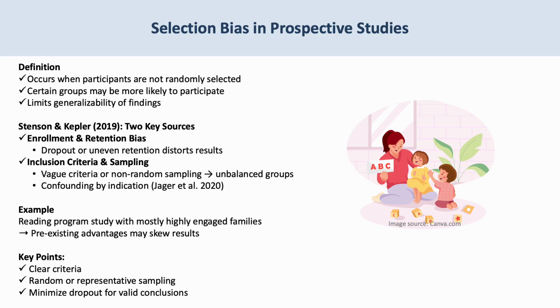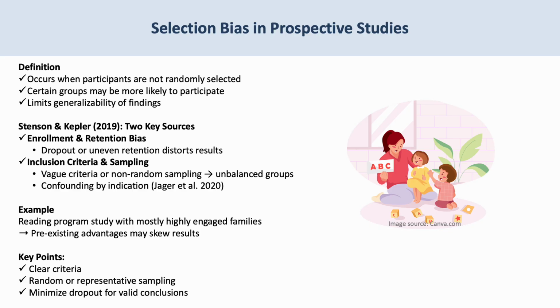So if your inclusion criteria aren't clearly defined, or if you rely on convenience sampling, your groups may end up differing in important ways that have nothing to do with the intervention. And this threatens internal validity. In our assigned course textbook by Bhattacharjee, they describe convenience sampling as a type of non-probability sampling where researchers select participants who are easiest to access or recruit, such as people who are close by, readily available, or willing